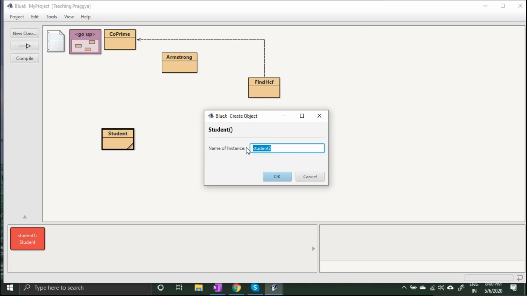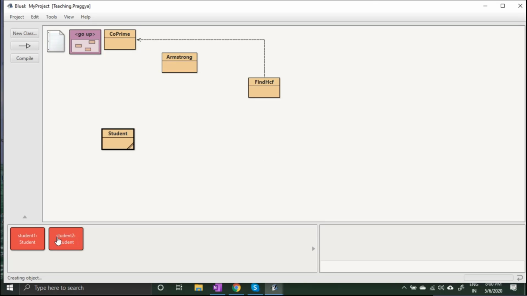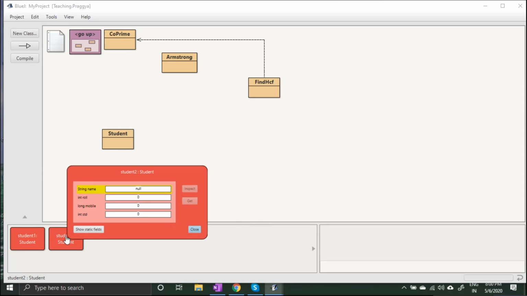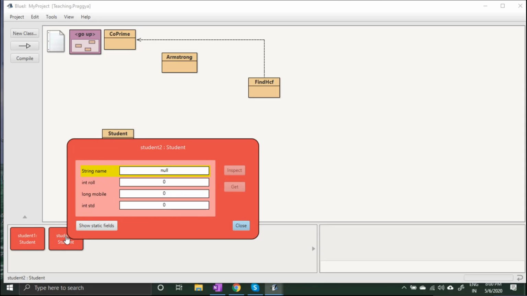I have given student2 here and pressed OK. Now you can see that student2 is created, and this instance also contains a similar kind of variables. These two instances are independent instances.